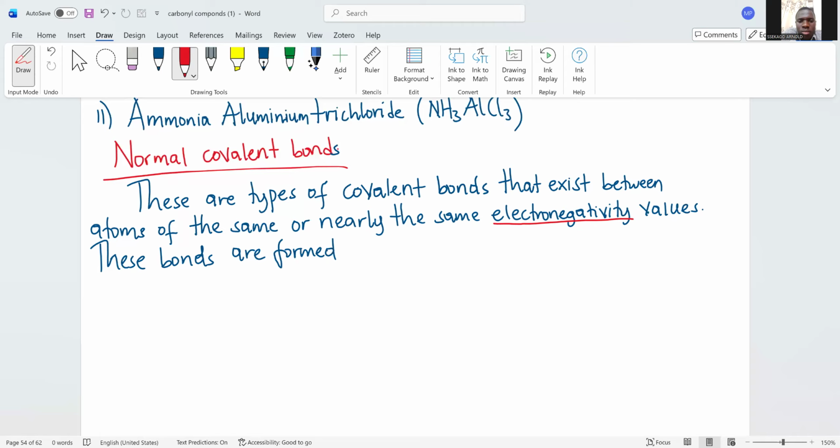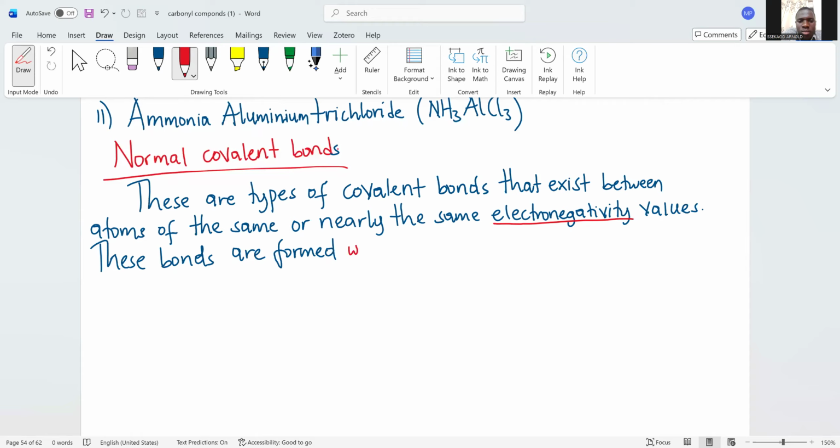My colleagues in Senior 5 have only been taught chemistry for one term, so I doubt they know what that is. But assuming you don't know what it means, I say that these are bonds formed